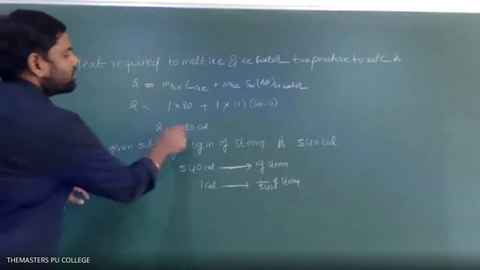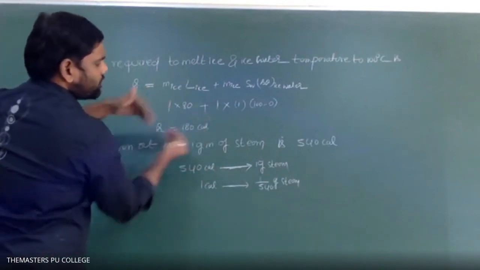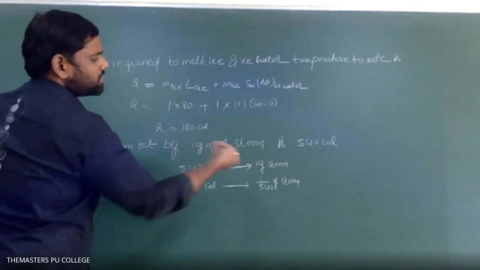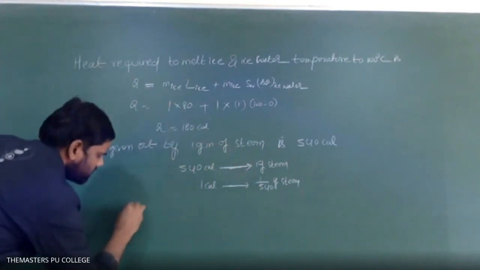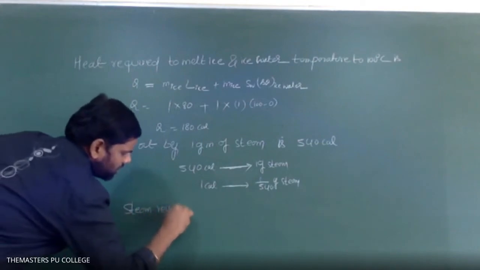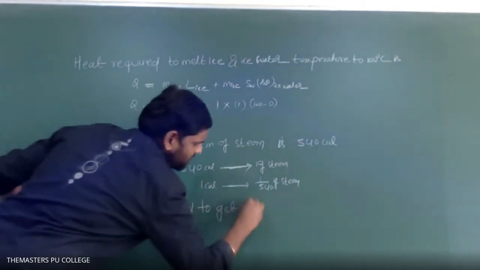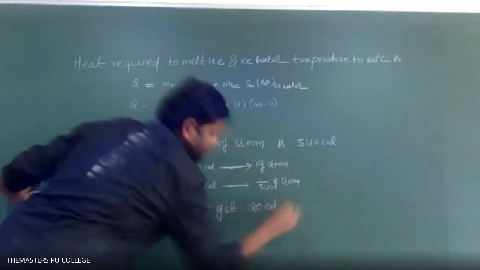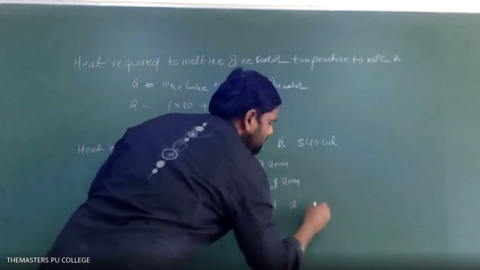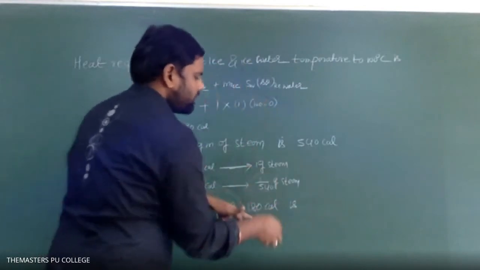Then we want 180 calories: to get 180 calories of heat, how much steam is required? Therefore, steam required to get 180 calories: for 1 calorie it is 1 by 540 gram,